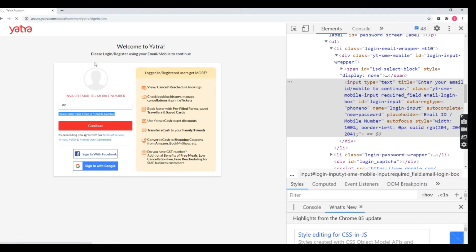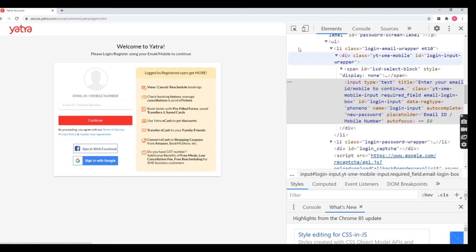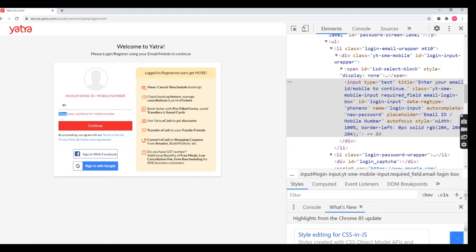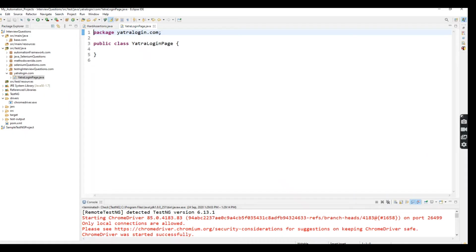So here, after launching the Enthra account, I'm going to enter an invalid mail ID. Then I'm going to click on the continue button. Then we are getting this error message, right? So this error message I'm going to validate. Using the 3 steps, I'm going to tell you how we can return WebElement, how we can return WebDriver, how we can pass XPath as a parameter, and how we can return the By keyword. So these are the concepts I'm going to implement inside Java methods.